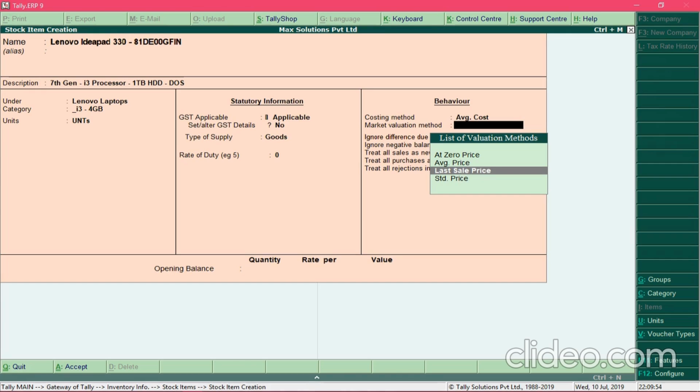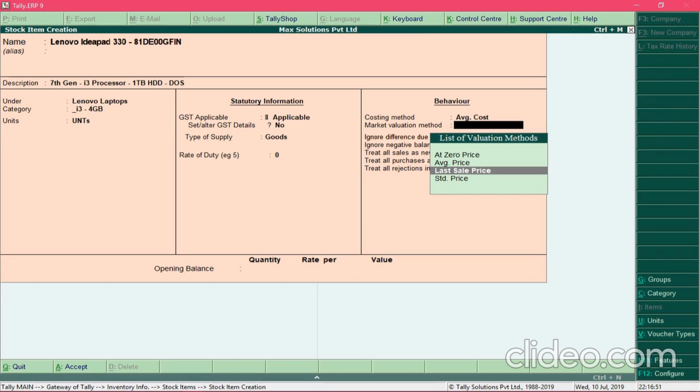At the end of the financial year, we calculate the value of closing stock, and we use these market valuation methods to know the true worth of the products. So suppose at the end of the year, if you find out that the value of your inventory is more than what you have paid for, then you can consider it as a benefit. And in case the market value of your product is declining, then you can take crucial measures to avoid loss. So this is how market valuation is useful.